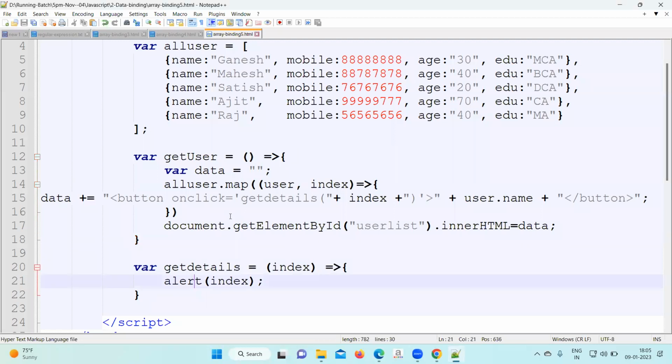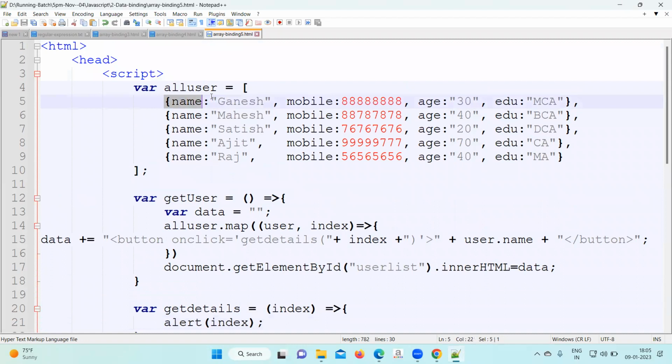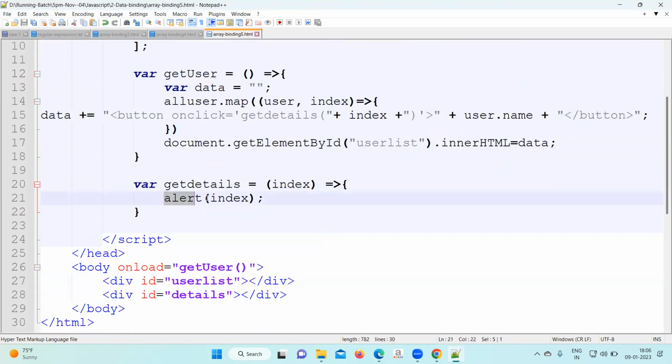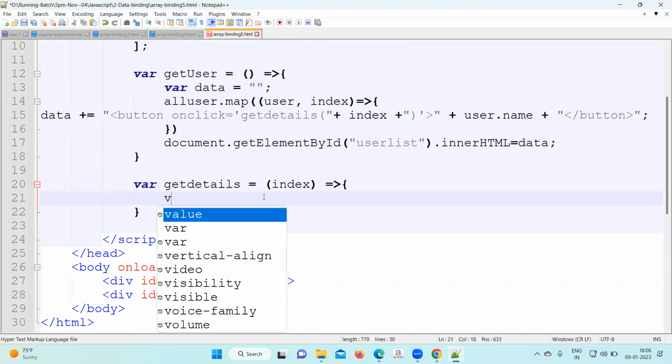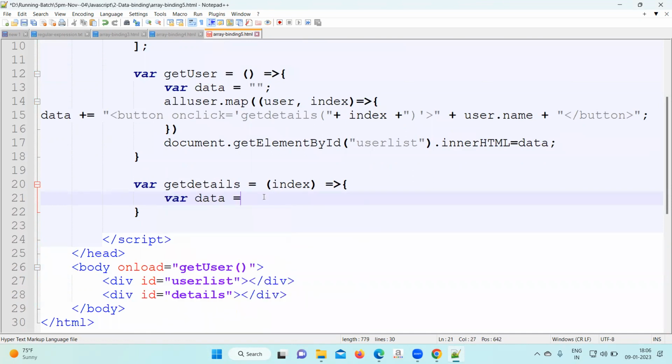0, 1, 2, up to length minus 1. Now based on that index, suppose you got index 0, so on the 0 position, which user? Manage details. If you got index 3, on index 3 which one? Ajit. Right? So those user details we can take and display. So let's do that. Create a variable data equal to